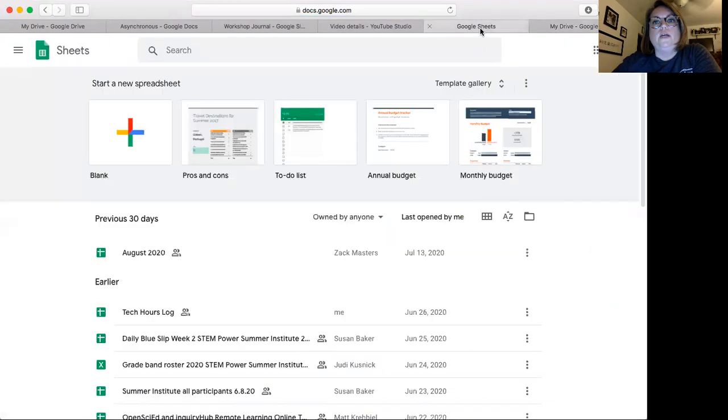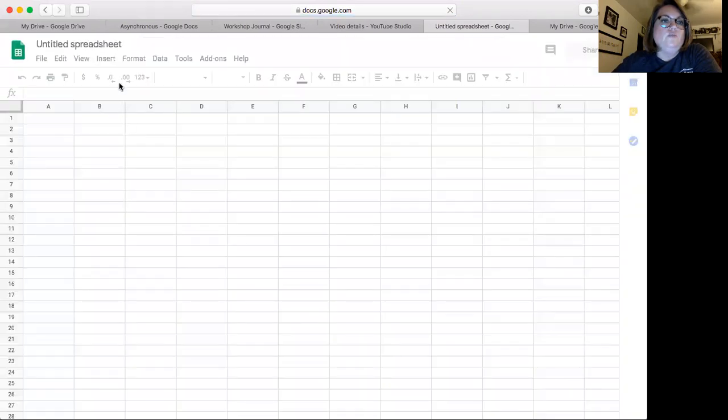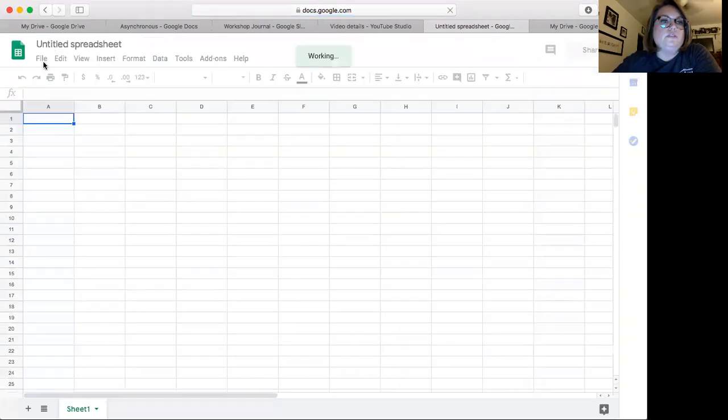And then you can create a new Google Sheet this way as well. So I'm going to go back to the Google Sheet that I already opened, and I'm going to show you some templates that are already embedded within Google Sheets that might be useful to teachers. So you're going to click blank. And then once this blank spreadsheet opens,